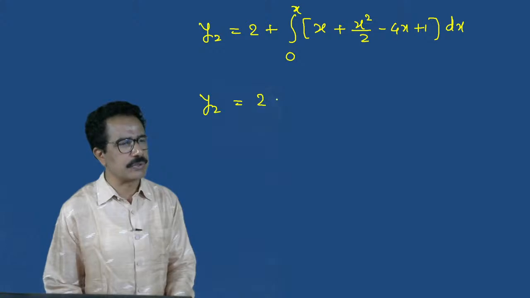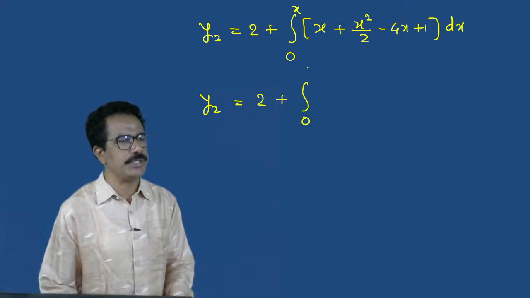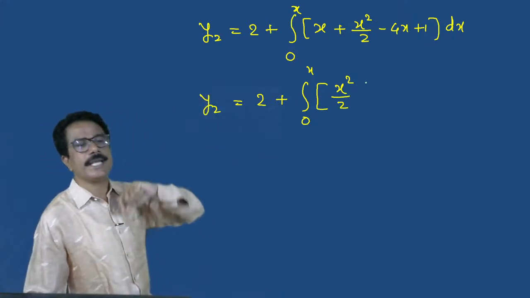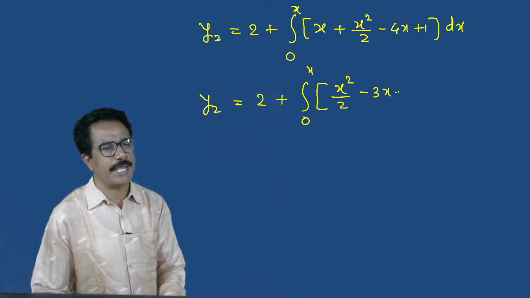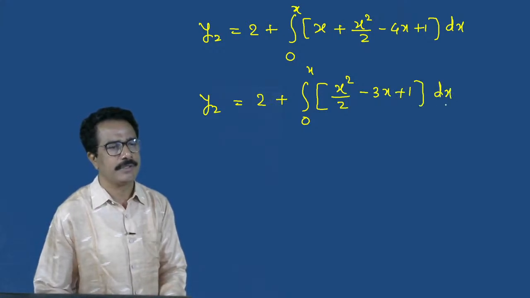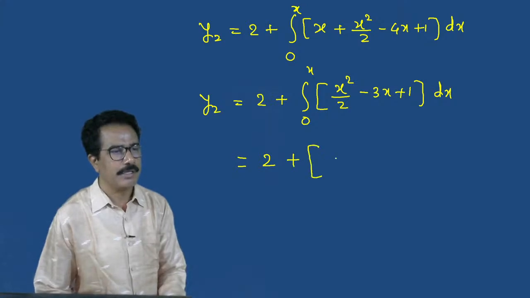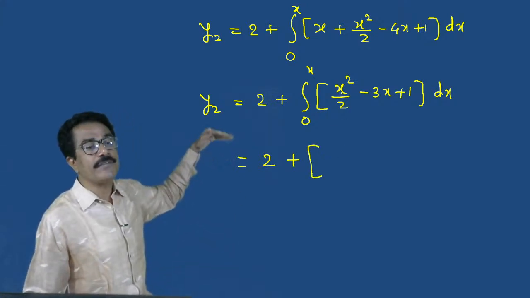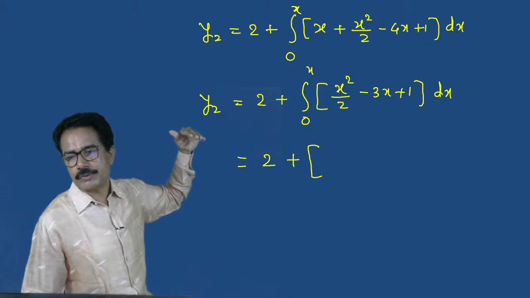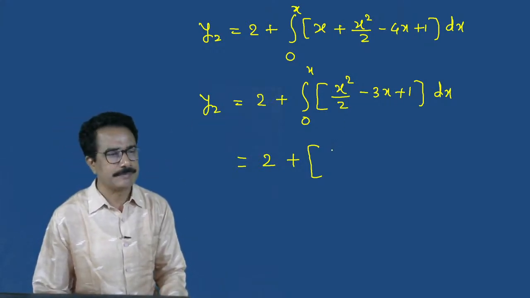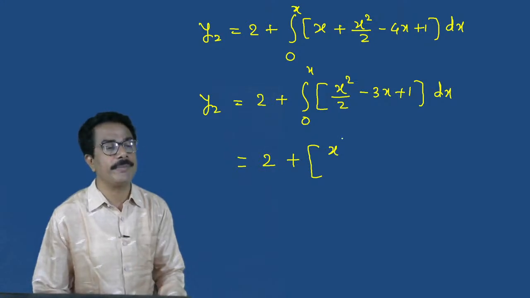y2 is equal to 2 plus the integral from 0 to x of x square by 2 minus 4x plus x, we can write this as minus 3x plus 1 dx. Now calculate this integral: 2 plus, now what is the integration of x square? Now you tell me, student, the integration of x square is x cube by 3,